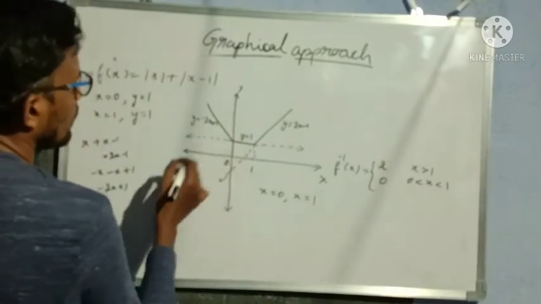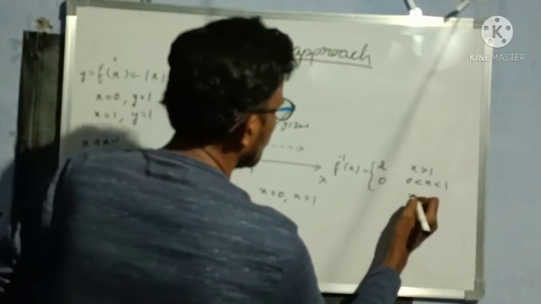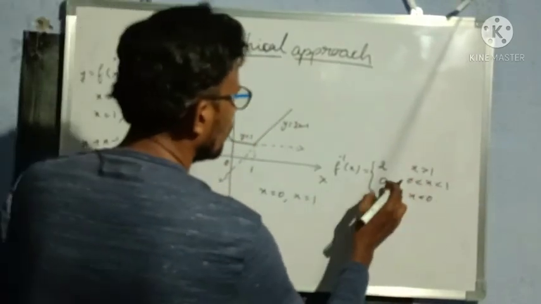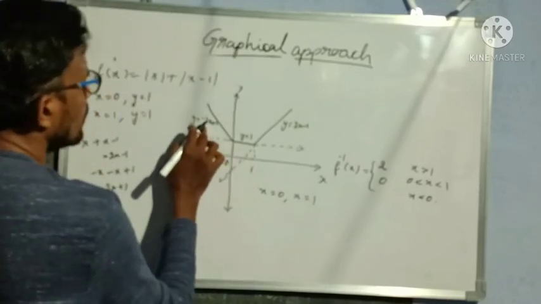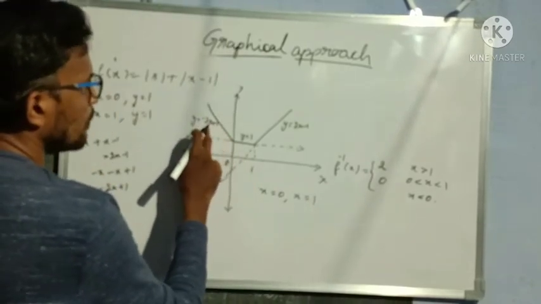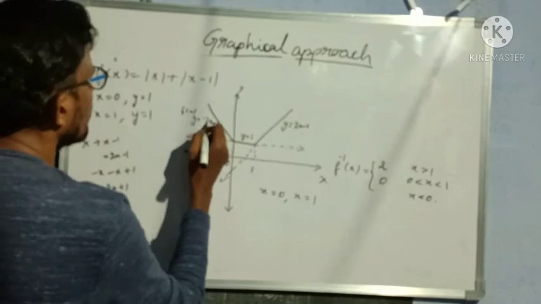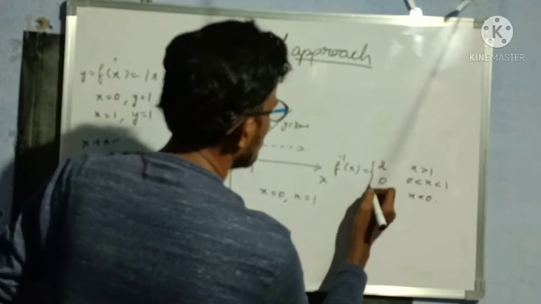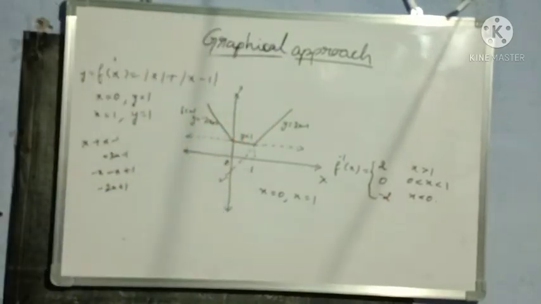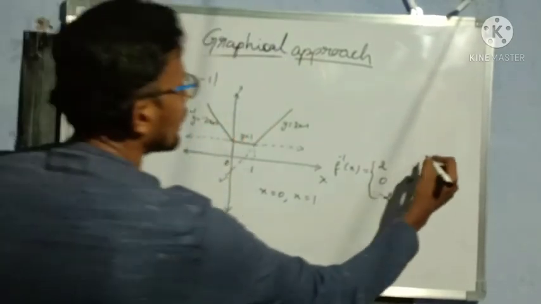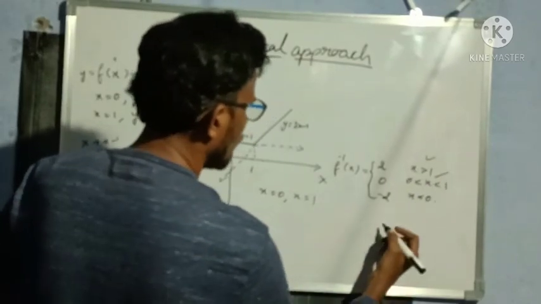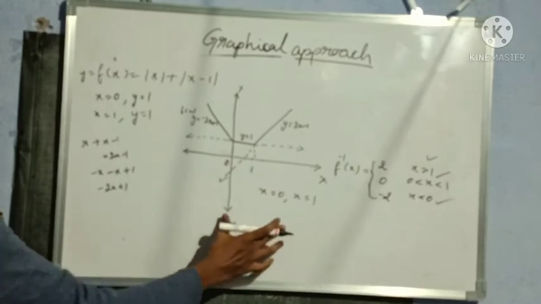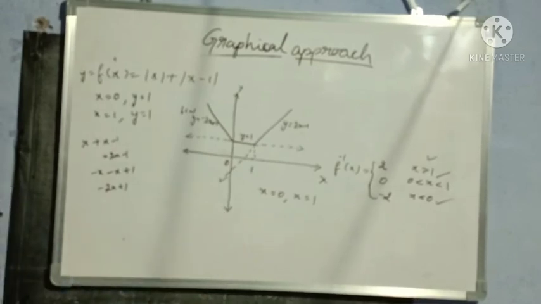Next, when x less than 0. Okay. When x is between 0 and 1, this is 0. When x less than 0, the y value is minus 2x plus 1. That is nothing but f of x. f dash x means d by dx of minus 2x, which is minus 2. So these are the values of differentiation, that is f dash x values when x greater than 1, when 0 less than x less than 1, and then x less than 0. Understood? This is how we have to differentiate when mod is given for any question.